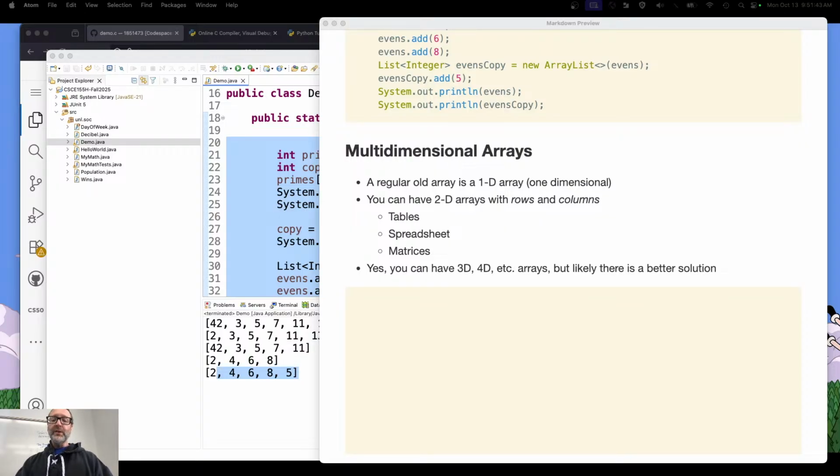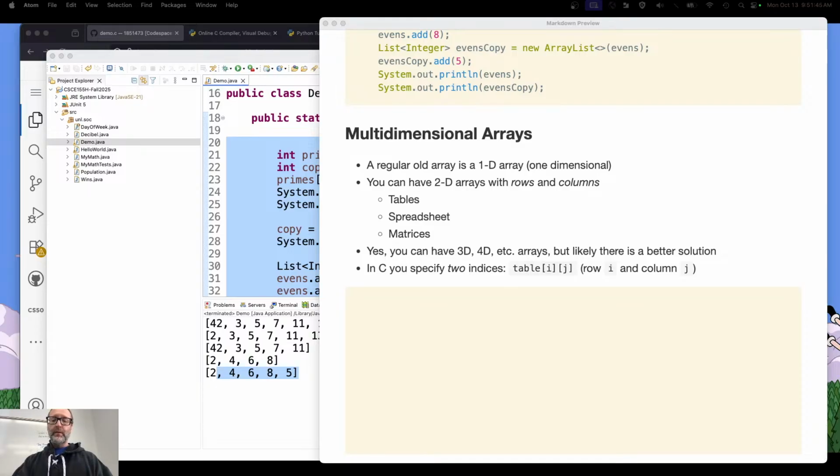In C and in Java, you can specify 2 indices. That is, if I've got a table, it's i j. This is going to refer to row i and column j. This is what's called row major form instead of column major form. I don't even think the weirdest linear algebraists out there would use column major form, where they do the column first and then the row second. I don't know why they would do that. But anyway,